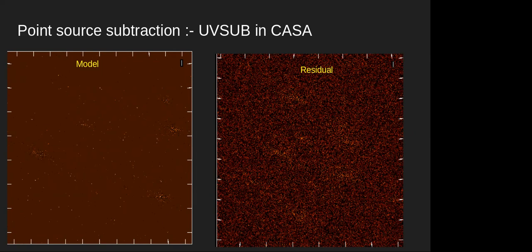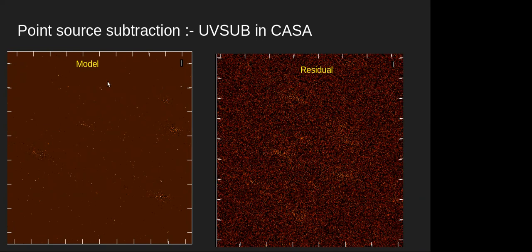And then the residual will look like that. It is more or less like noise. However, this residual always contains the diffuse foreground emission from our own galaxy, and how to estimate the power spectrum for that will be shown in the last tutorial by Shomit Choudhury. But I will not go into detail of that right now.